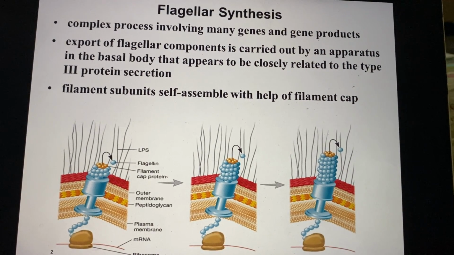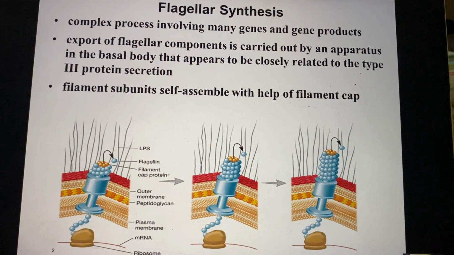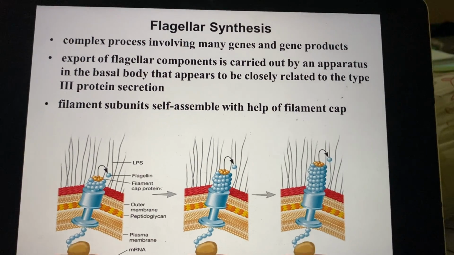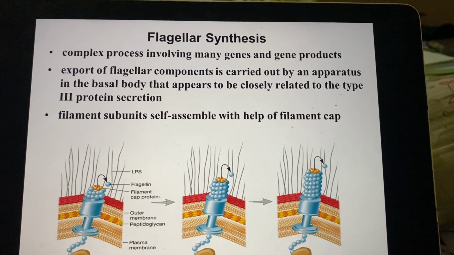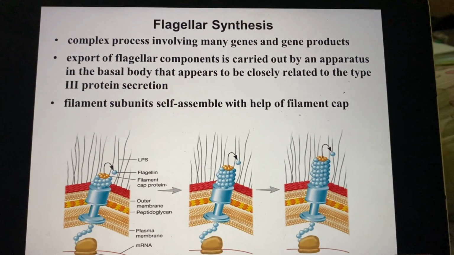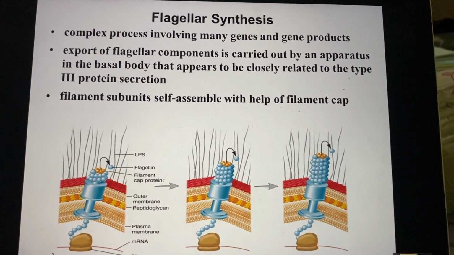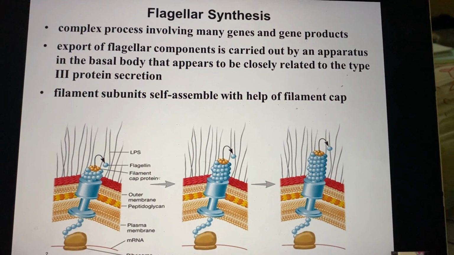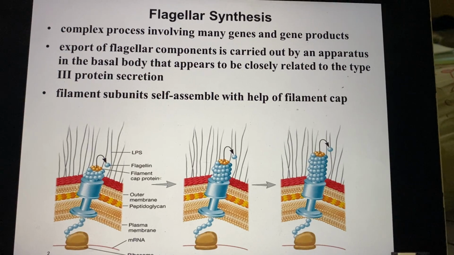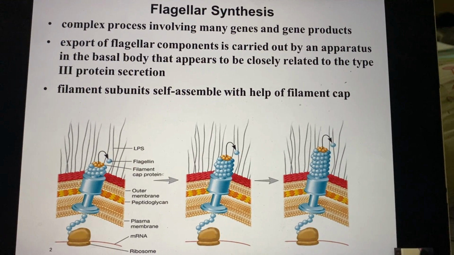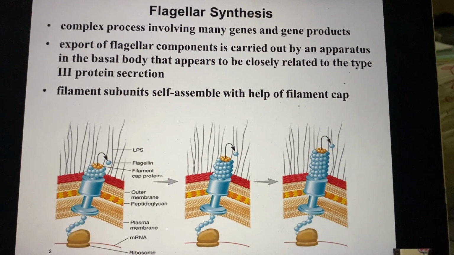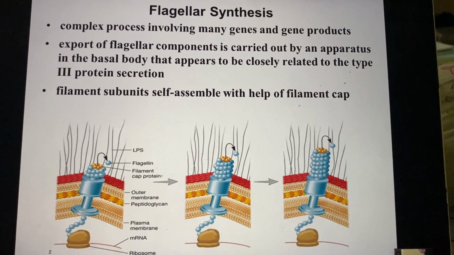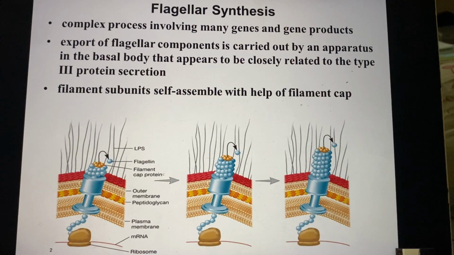So you would wonder how this protein is transported across all these structures to be able to assemble on the outside. So we know that the filament subunits, which we call the flagellin proteins, are capable of self-assembly. Now, most of these proteins, when they are put together, you need enzymes to put them together, right? In all your biochemistry, in your biological metabolic processes, we know that we need enzymes to put things together.